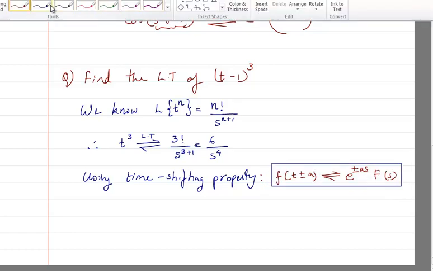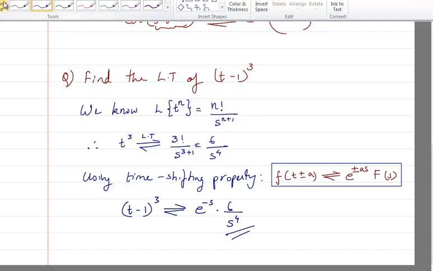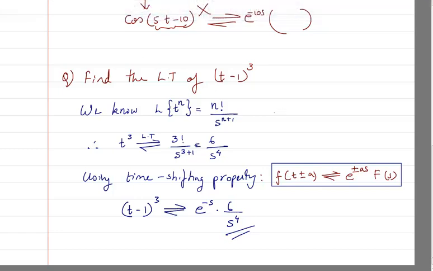Okay. So now we'll continue from here. Using time shift property, I will get t raised to power t minus 1 the whole cube. The Laplace transform will be e raised to power minus 1s into 6 divided by s raised to power 4. So why did I ask you to write this? Because see, if suppose this is for 3 marks, the first thing that they will look at is whether you have got this one correct. So that is for 1 mark.